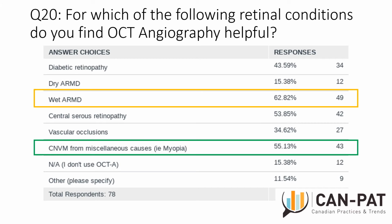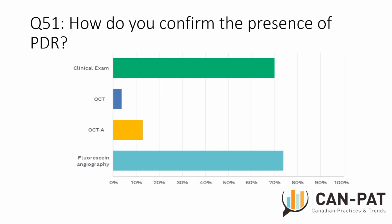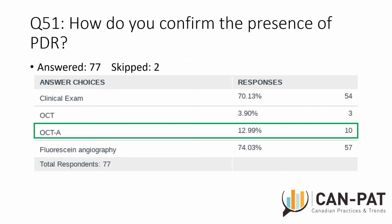For which of the following retinal conditions do you find this most helpful? Again, primarily CNVM from miscellaneous causes and wet AMD were the leading answers amongst our members. And finally, when looking at diabetes and confirming the presence of PDR, members still lean heavily on fluorescein angiography over OCTA or OCT, and this was borne out in the numbers, with OCTA being at about 12.9% overall relative to